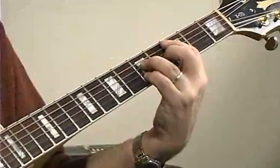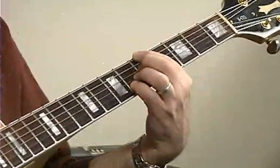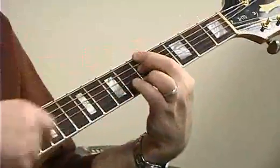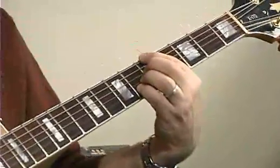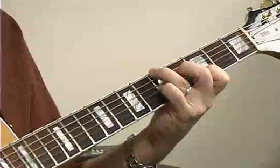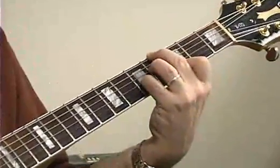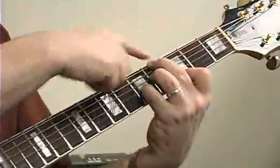The last measure on the first line, A7 sharp 5. Get the new dominant 7th form for A7. All we have to do is switch these two fingers and A7 sharp 5, A7, D7, A flat 7 flat 5, root 6. Remember, we could also use root 2, but root 6,